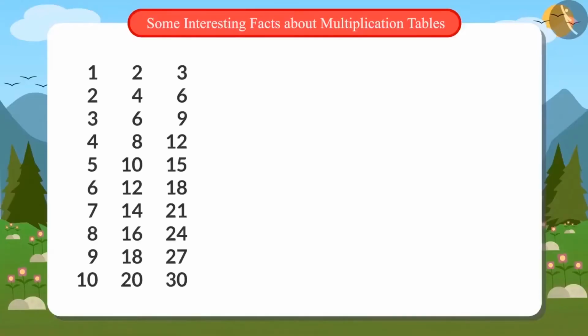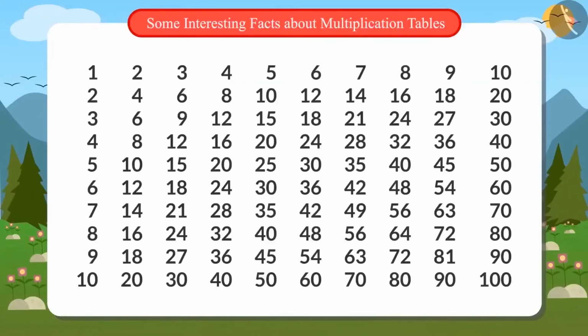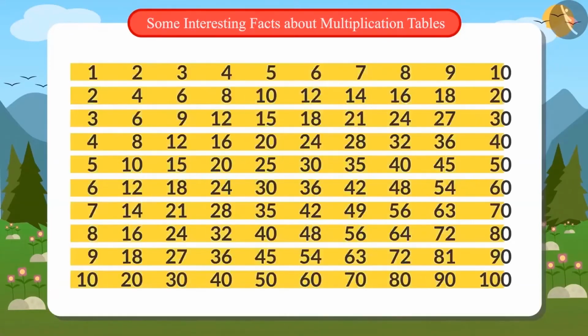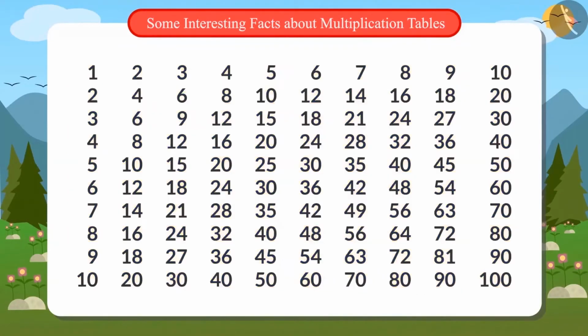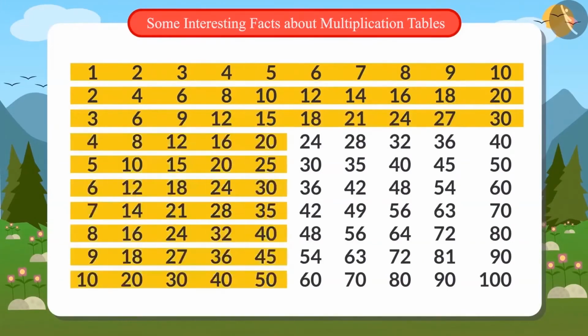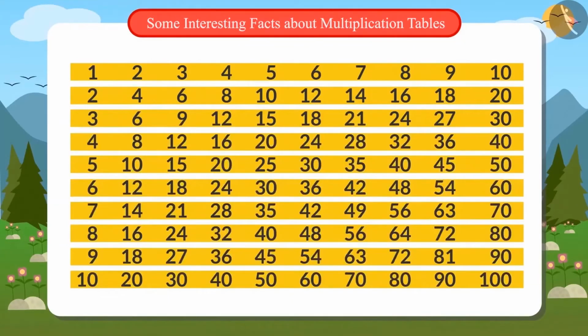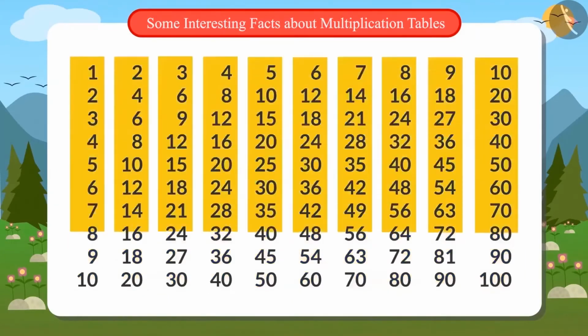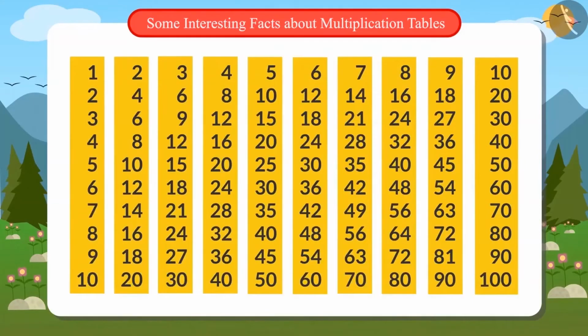Look, these are tables from 1 to 10. Look, if the number line is read from left to right, it shows a special table. The first line shows the table of 1. Second shows that of 2 and the third of 3. So whichever line you read from left to right becomes the table of the number. And reading the lines top to bottom also gives the table of a number.